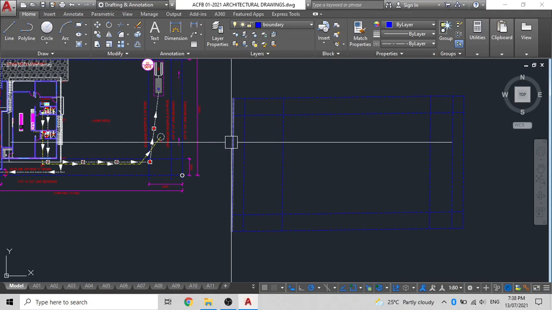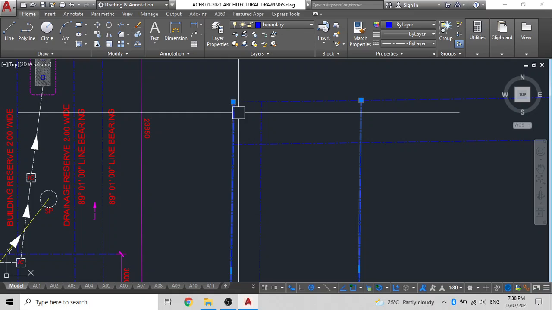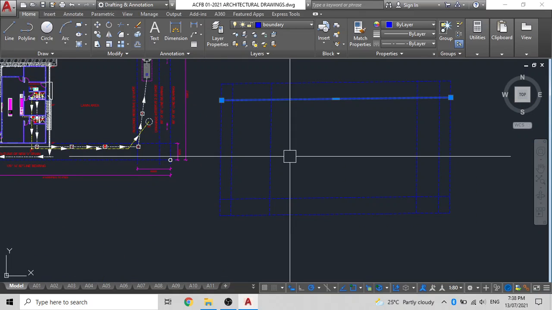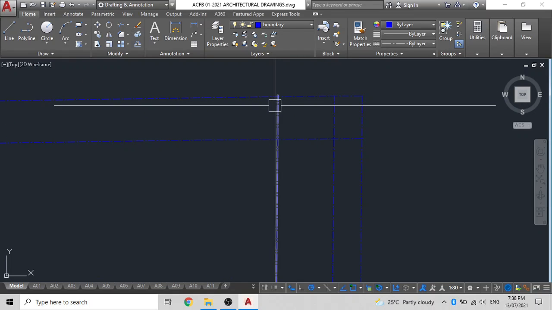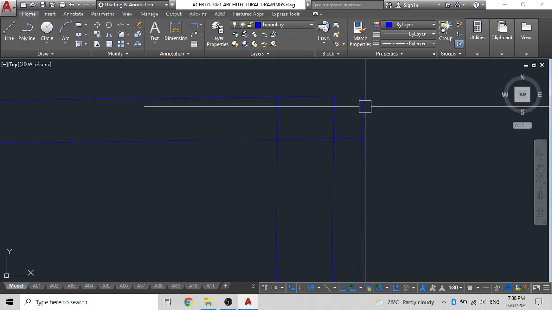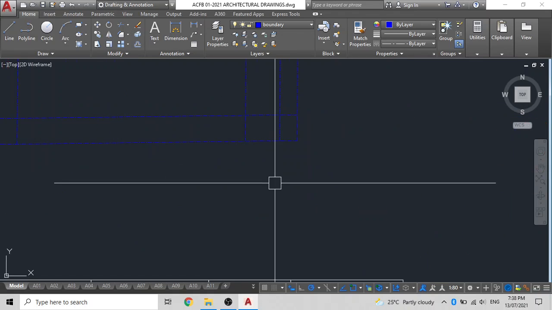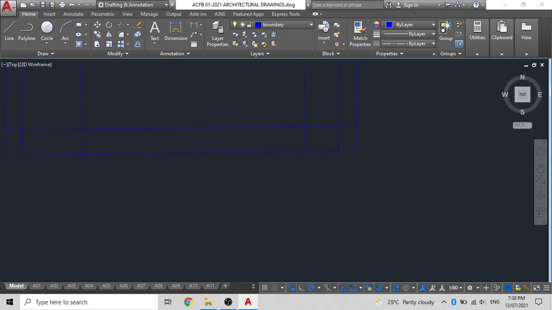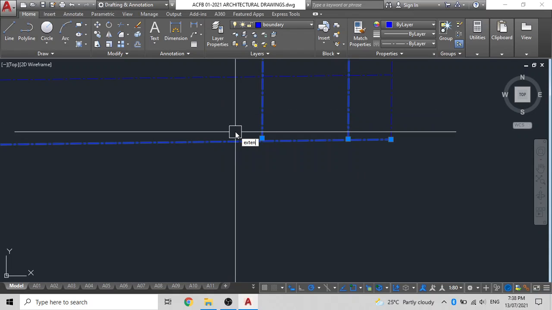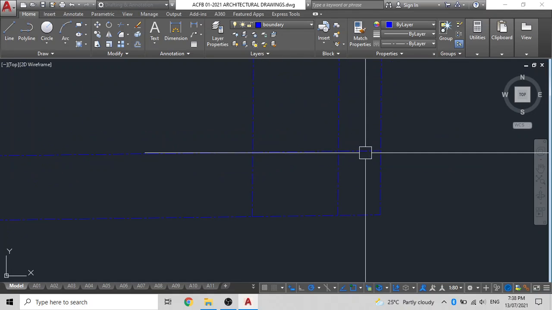So just to be clear, this is your boundary line. This is the 2-meter offset from the front peg. This is the 9-meter offset from the front peg and not from the drainage line. These are the two offsets from the side, 3 meters each. This is the rear drainage reserve, 2 meters, and this is the 6-meter offset from the rear boundary line. Just check your lines so that they do not have any gaps and close them off, like so.